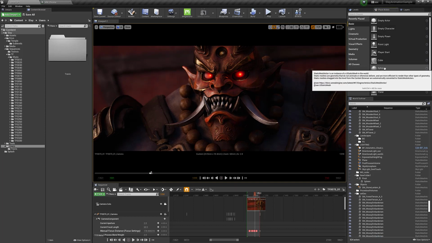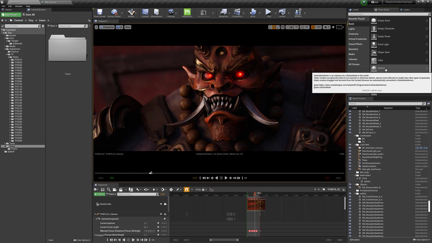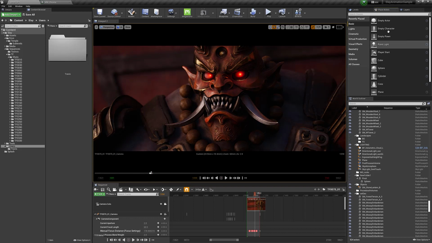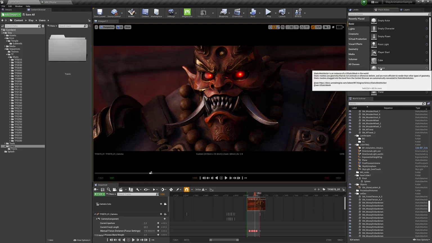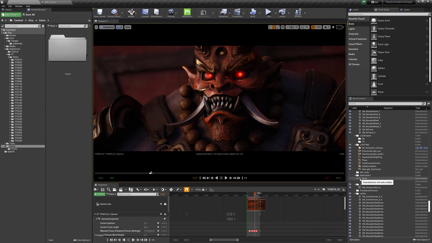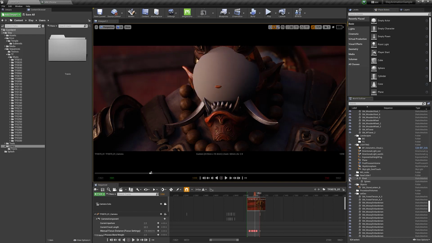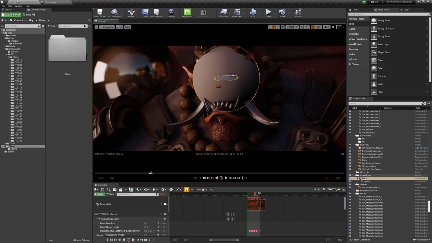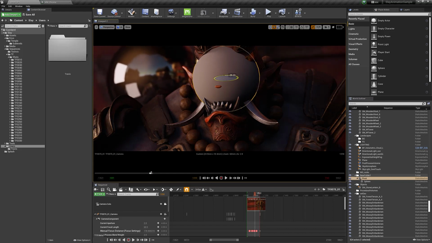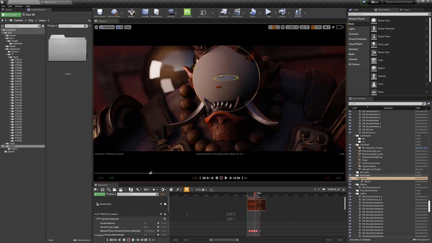What we could do here is a nice trick of placing an empty actor as a pivot point and then parenting a sphere to that empty actor so that we can rotate around that head or rotate around the body to get an idea of what elements in the environment are really reflecting on him, what colors the light is going to be picking up and bouncing into the bounce light, or how the fill light is being influenced. You also notice that when you're using this sphere you'll pick up elements like the actual character light rig that's being used on the character.